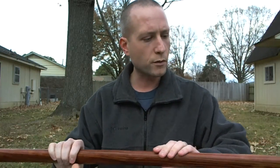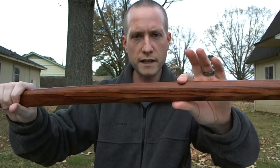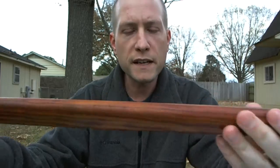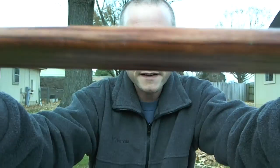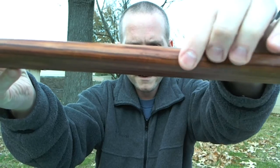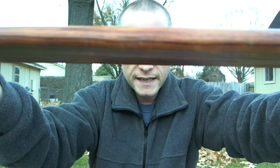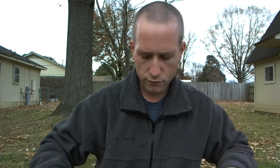That was just some light hitting against the tree, probably pretty typical of what you would get in practice against other Bokken. I can kind of feel where the dents are, especially right around here. See some ridges, but if you take a look, it's actually kind of difficult to see. I'm hoping the camera picks that up. That's probably one of the biggest ridges right there, and it easily buffed out. As far as the African Rosewood,